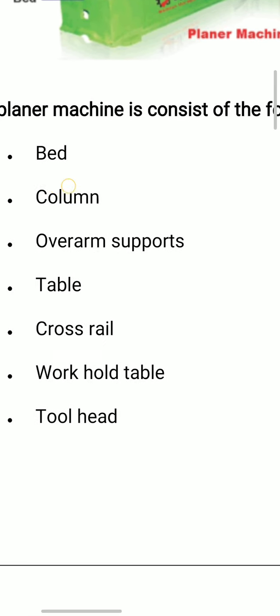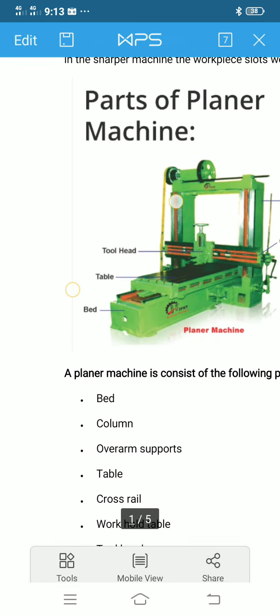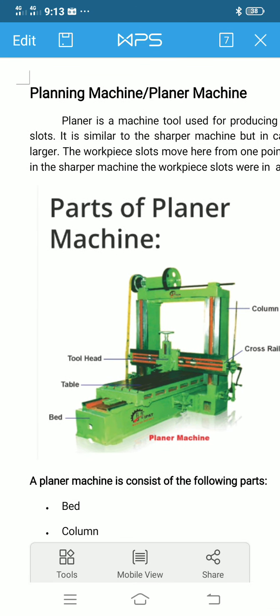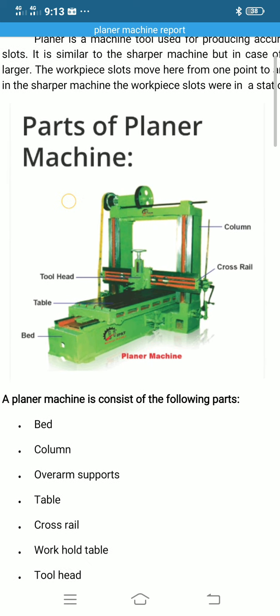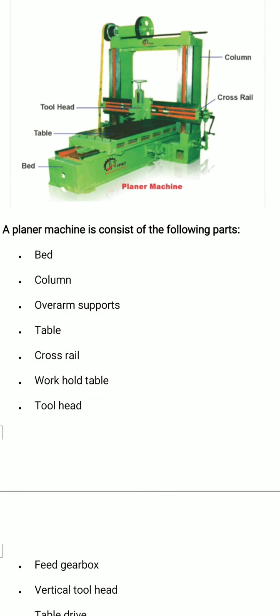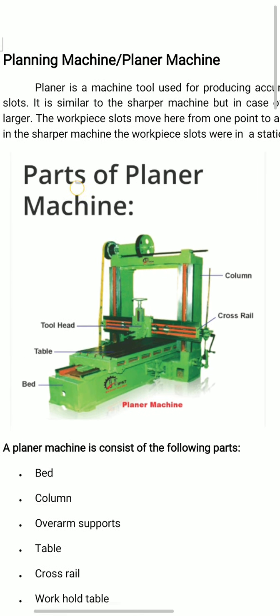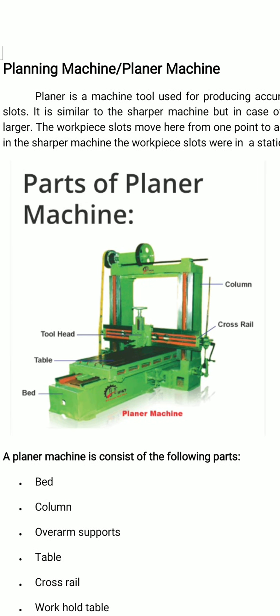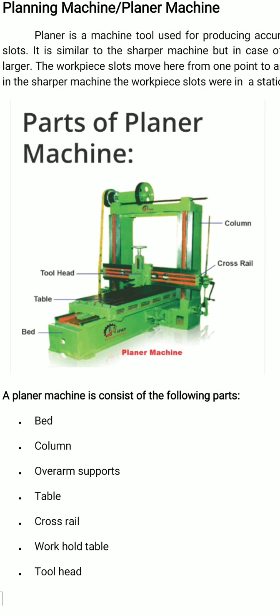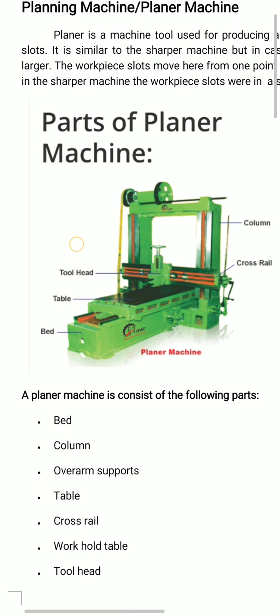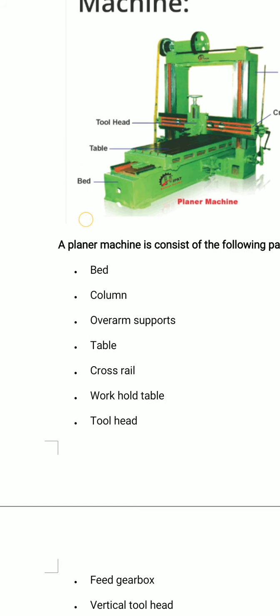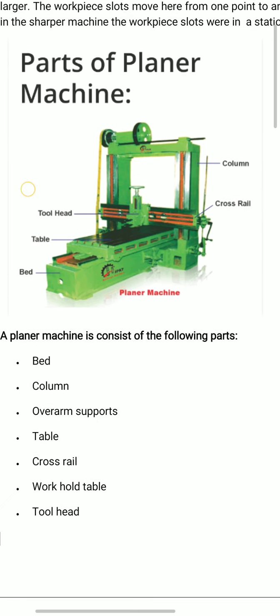So now, what is a planer? A planer is a machine tool used for producing accurate flat surfaces and cutting slots. It is similar to the shaper machine, but in case of size, the planer machine is larger. It is very large and massive, and it is capable of machining heavy jobs which can't be done by the